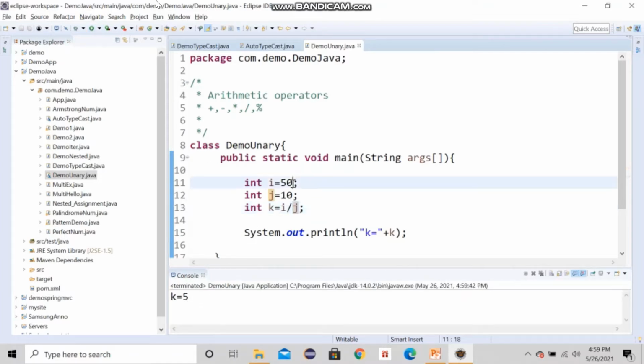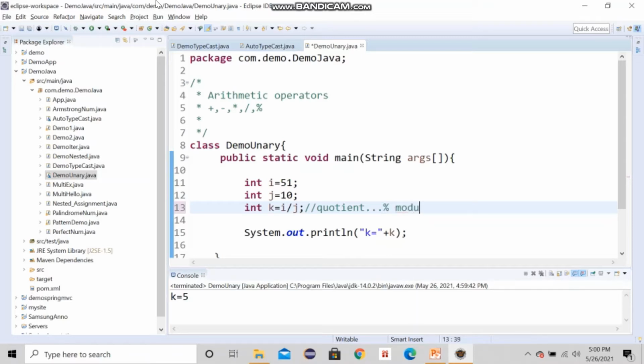Suppose I change it to 51. With 50 earlier there was no remainder. When I divide i by j, it will only give you the quotient value. If I want to get the remainder, I have to use modulus, mod.